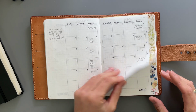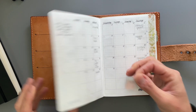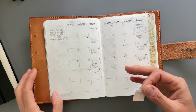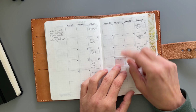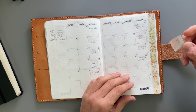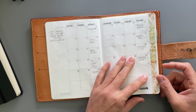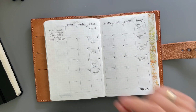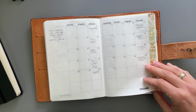I have just started using these sticky notes. This is just cut apart. I don't have them with me right now. And plopping them in here so that I don't have to erase them. And then if I wanted to make another vlog, I actually have it and I don't have to write it in there and I can move it along. And only when I actually filmed one can I write it in here with my